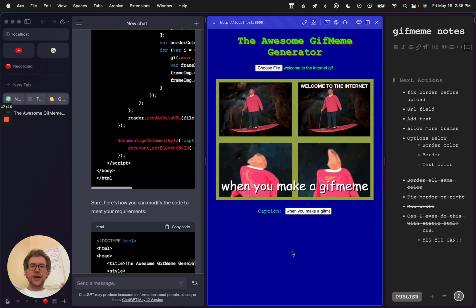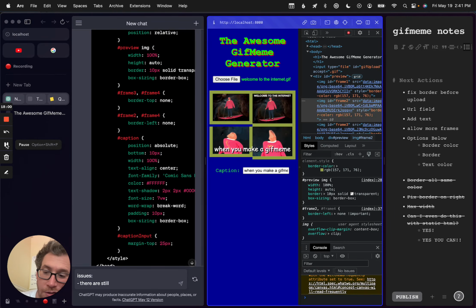Look at that. We have a meme. I mean, this is solid, right? I would give this like a 2 out of 10, maybe, and that's being generous. I just feel like we've got to clean up these borders, and then we're just about done. I messed things up somewhere along here as I'm trying to figure out. It did put the border top and left none like I asked, and it did what I asked, but